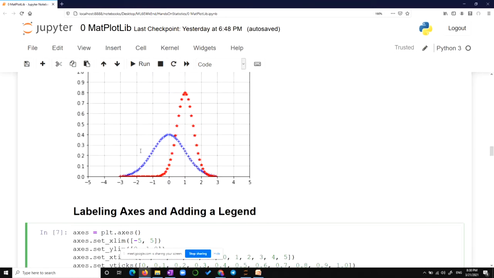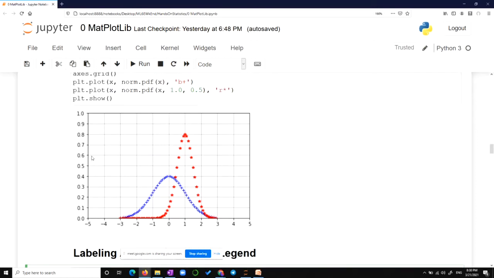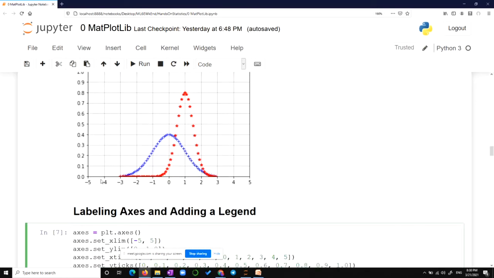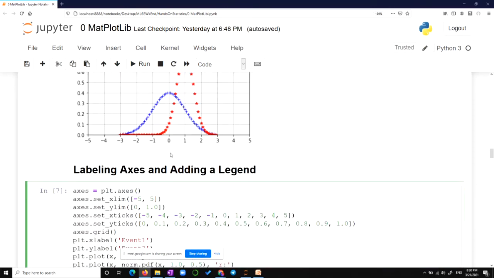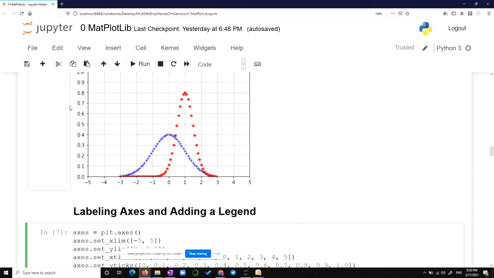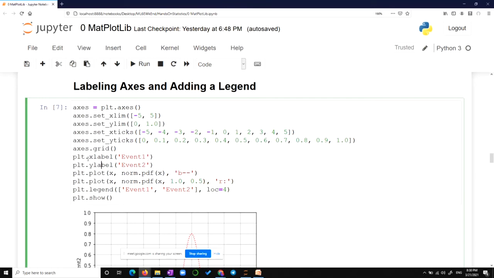And the universally accepted standard is that this one is the x-axis, this one is the y-axis. X is the independent axis. Whatever the independent thing, like time, is plotted on the x-axis. The dependent phenomenon is plotted on the y-axis. That is why we say y equals mx plus c. Y is a function of x. So the fact that xlabel and ylabel are standard means that plt.xlabel is a standard method which is being used.